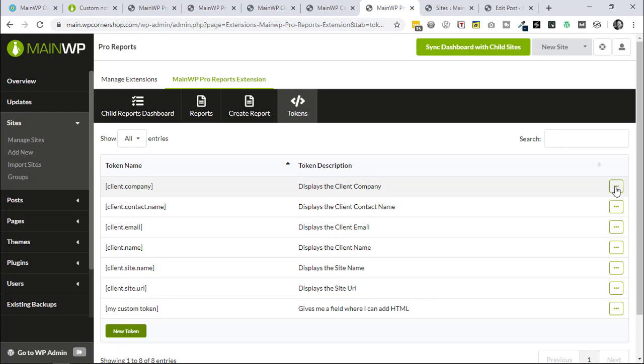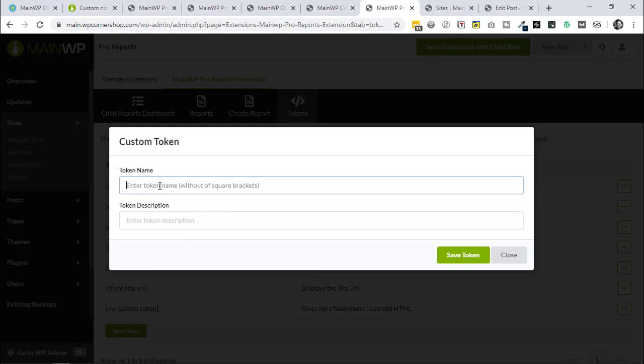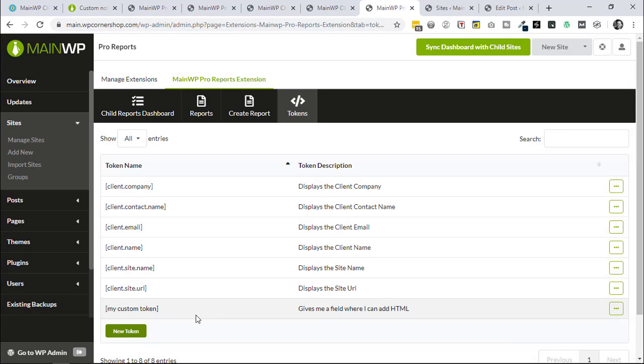So there was a lot of references by default to the client's physical address, which I never use. So it's very easy just to go and delete what you don't like and add in new ones. You just add new token, invites you to add the name in there in between square brackets and put in a description. I've done that over here, and as soon as you've done that, it's going to add that to your client site. So we would go over to our managed sites, find our site, and then go into edit,